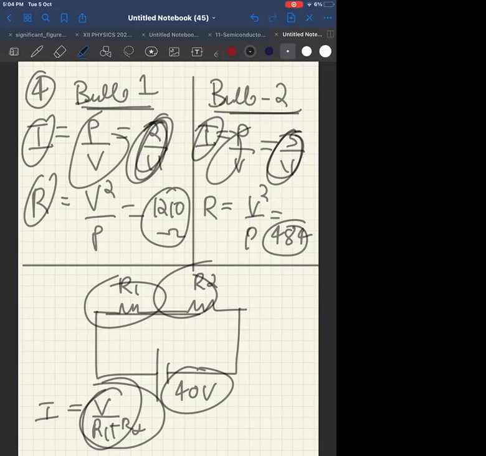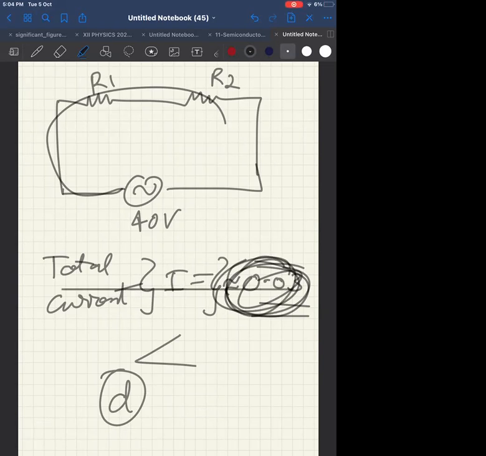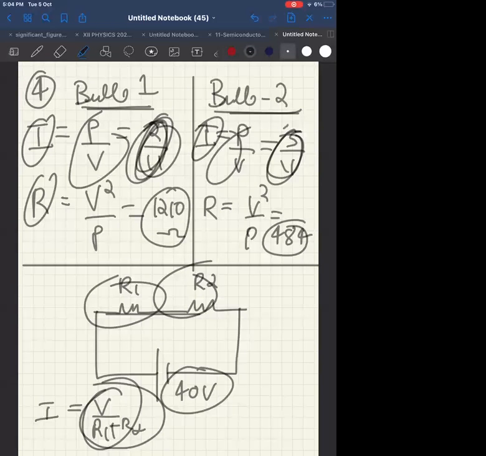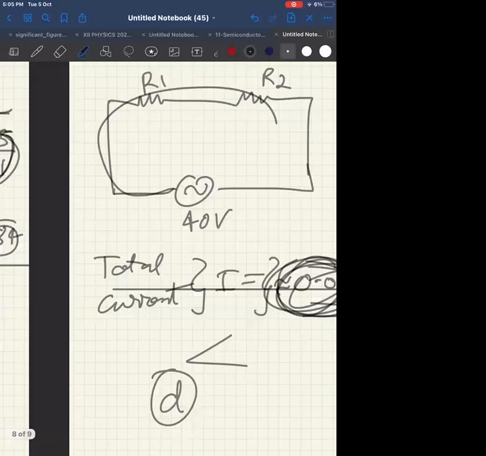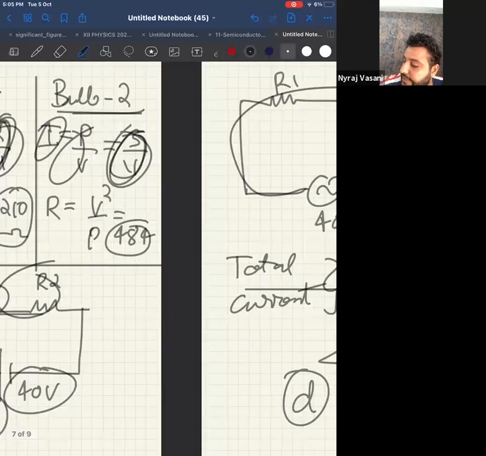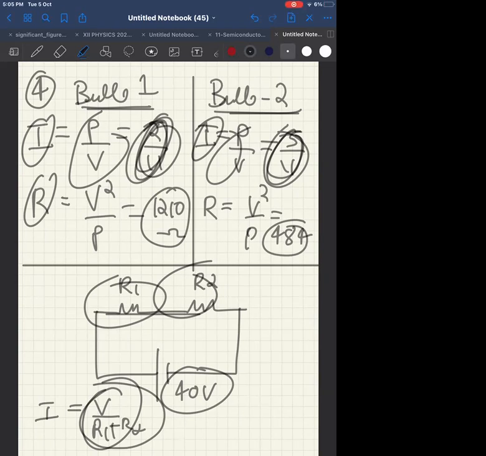Sir, when the answer comes, how have we checked that? That is what I am asking at last. Our last answer came 0.03, correct? Yes. Now see the first answer, 2 by 11. Is 2 by 11 greater or 0.03 greater? 2 by 11 is greater. Second, is 5 by 11 greater or 0.03 greater? 5 by 11 is greater. Therefore, can I say 0.03 is less than individual bulbs? The bulb requires a minimum of that much current, but the total current passing is not even that much. Therefore, the bulb will not fuse. Okay, sir. Yes. Thank you.